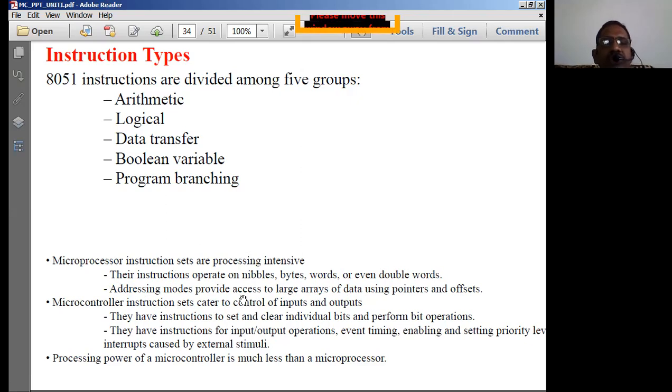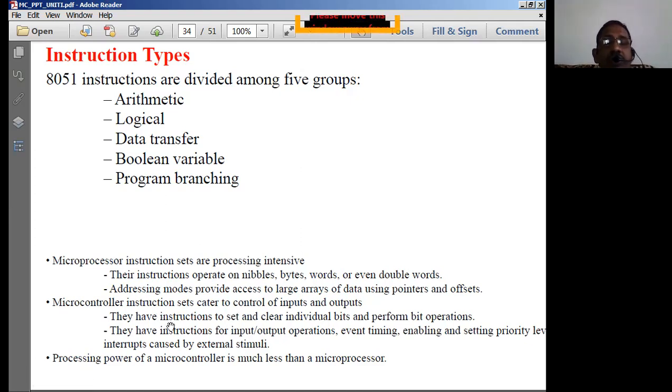Addressing modes here provide access to large areas of data using pointers and offsets. That means large amounts of memory data can be accessed, because it is meant for general purpose processing.